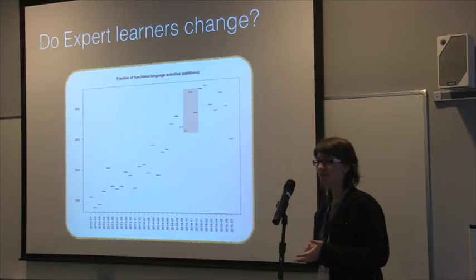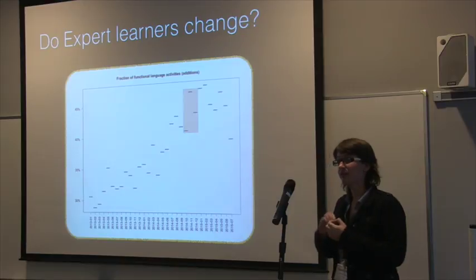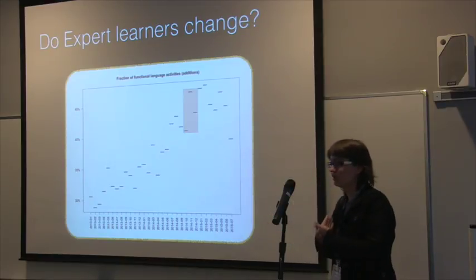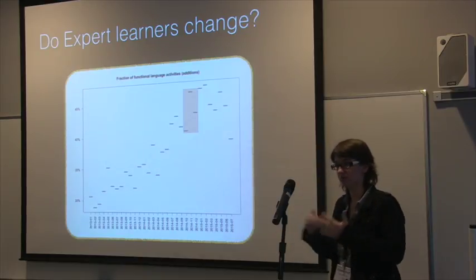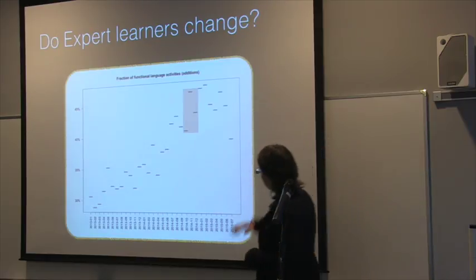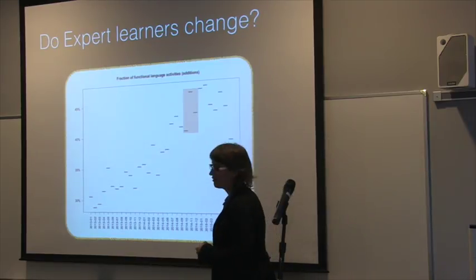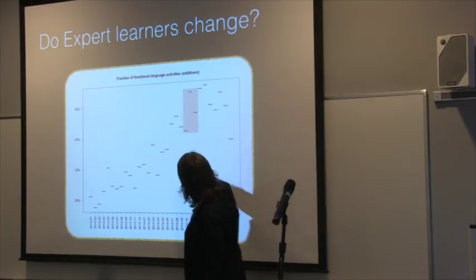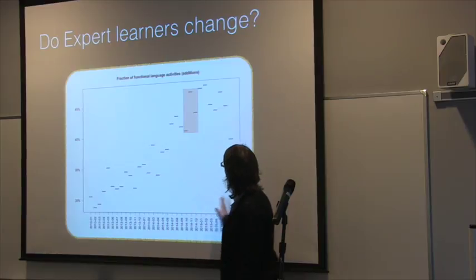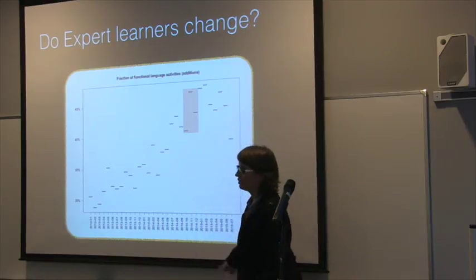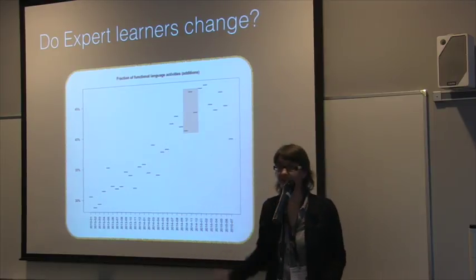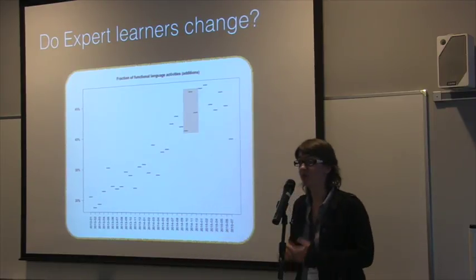Now, for expert learners, it's hard to figure out whether or not they learned something new from the course because they already could program functionally before. So we looked at whether they program more functionally after the course. And actually, that's not the case. What you see here is a typical graph that I should have done better. This is the 3 months of the course. This is a time period before, 2.5 years. And this has 6 months after the course. And this is a bit of an outlier because we didn't have the full month of data. So as you can see, it's pretty much a linear increase, which would have happened without the course as well.